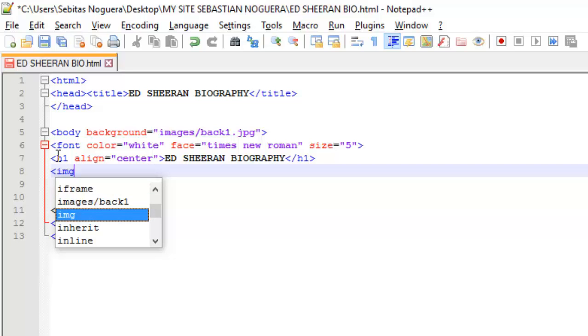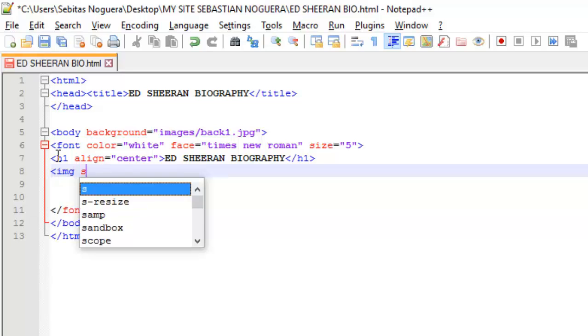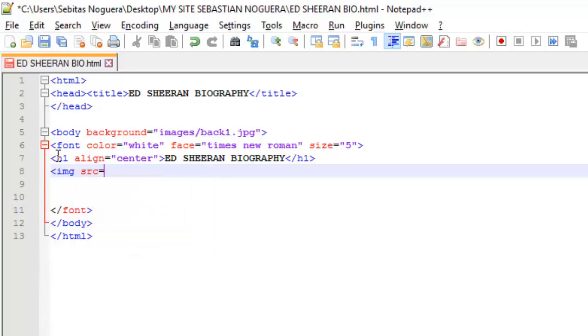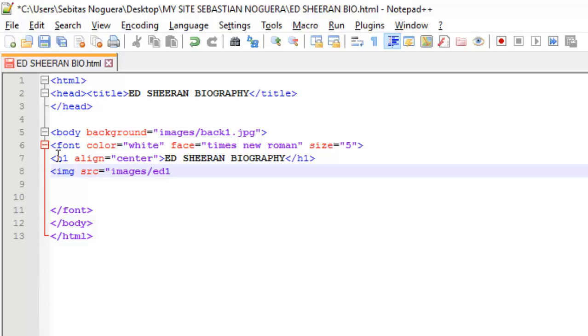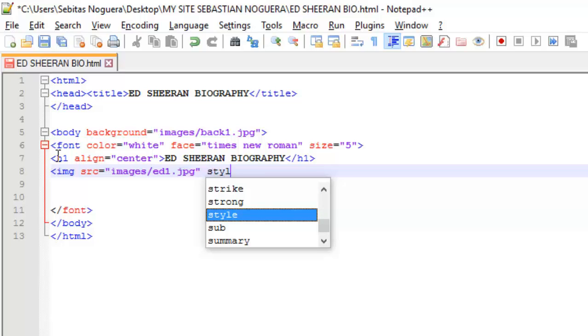and now I'm going to start inserting the first image. So the new tag for today is IMG, and the attribute that goes with the IMG tag is the SRC, acronym of source. So in order to specify the image, you need to call the folder first, as we did with the background attribute, and after this we need to call the image by using the file name we selected previously, ed1.jpg. Close quotations,